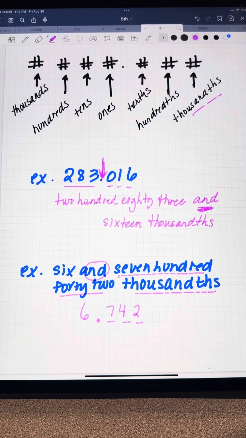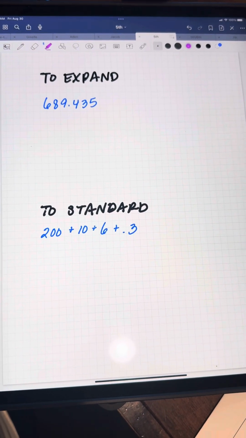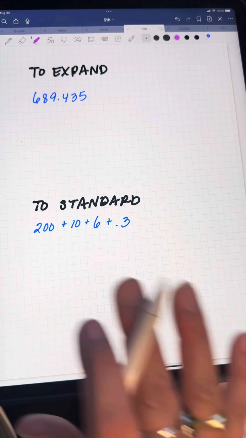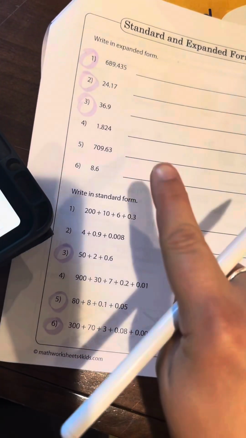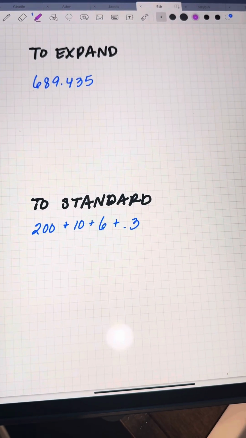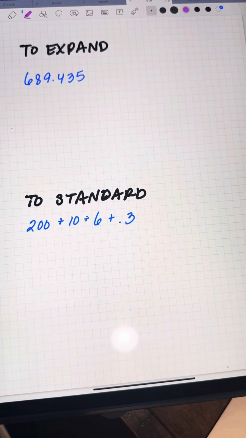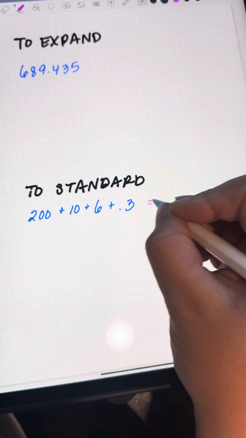I hope that helps. Okay, folks, so this one is the second page our 5th graders are working on, and I'm actually going to start with the bottom half, because this is more intuitive usually to us. We're going to convert this broken down into place value, big old long thing, into a good old normal number. And honestly, we're going to go